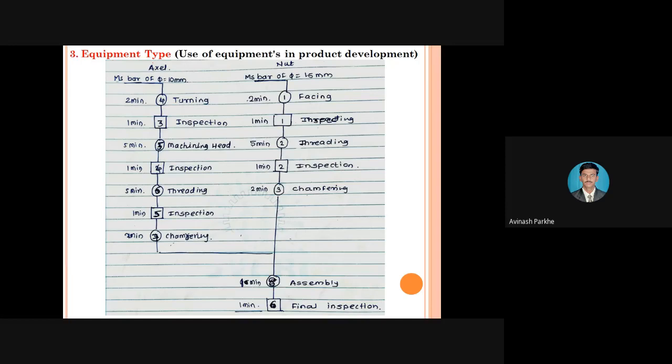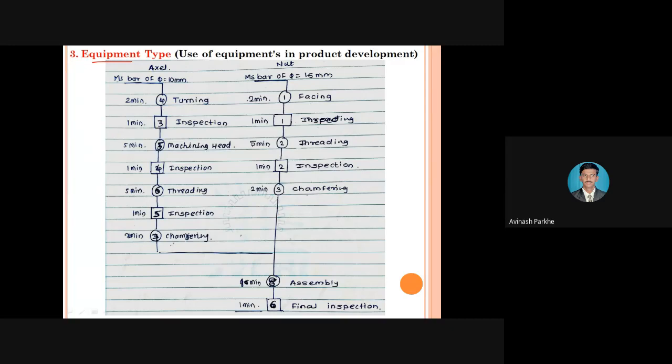Then the third one we discussed is the equipment type. Equipment type means whatever machines and equipment we are using to convert the raw material into finished goods, what will be your sequence of operations? That means at first, which operation will be performed, what will be the second, what will be the third. All those operations can be represented by using this equipment type or machine type of